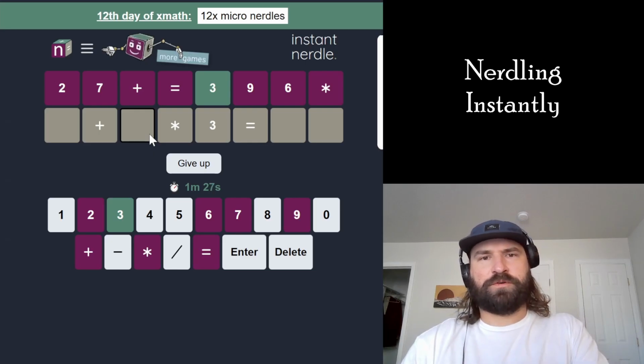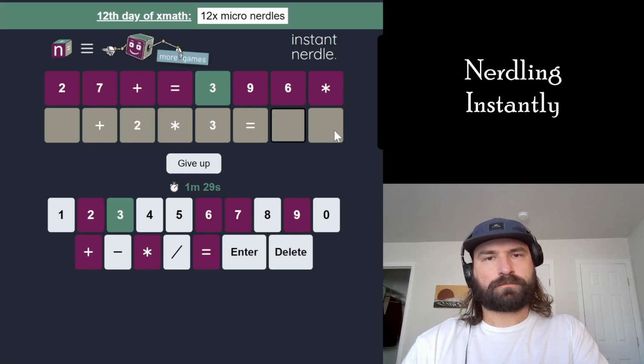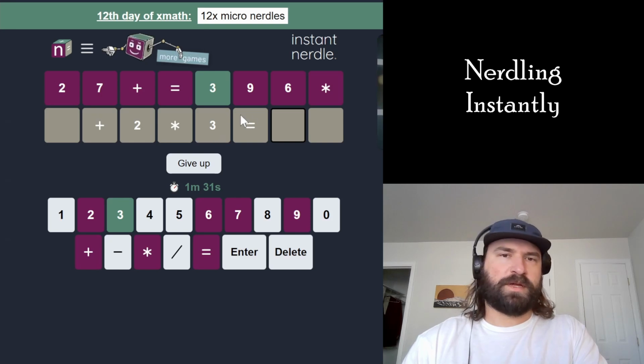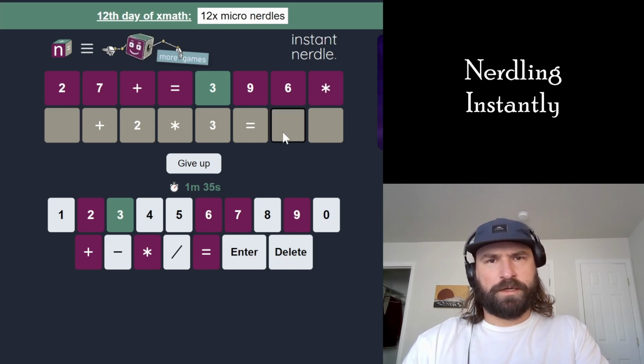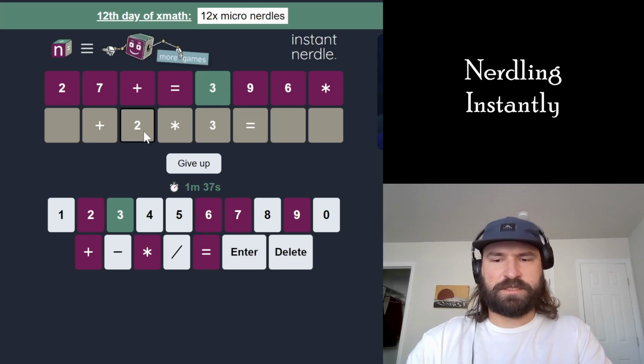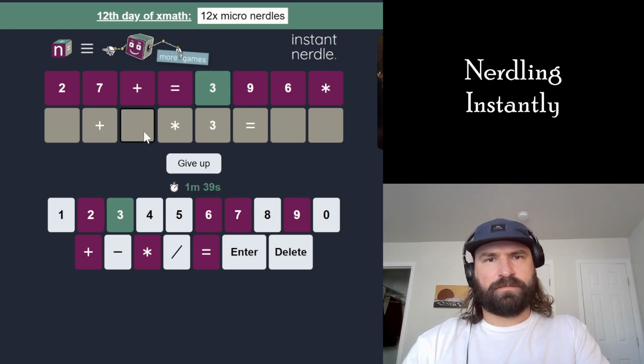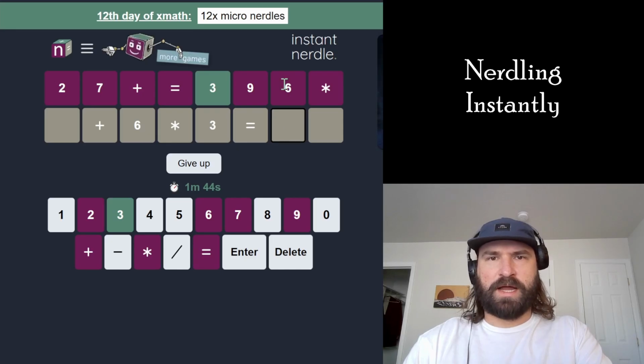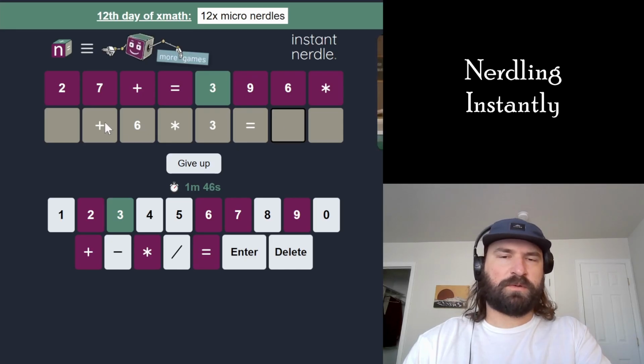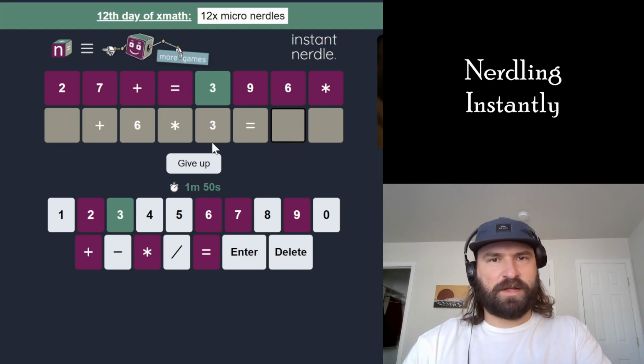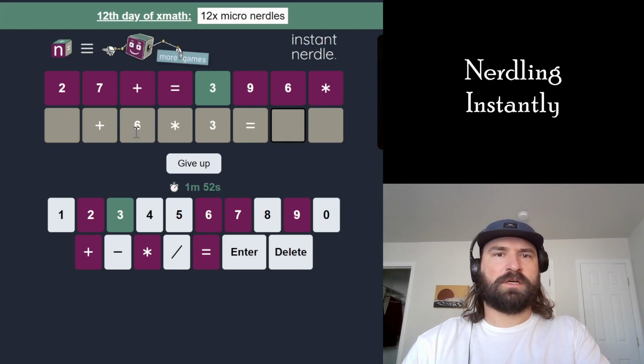We can't put the 2 here because that's going to be too small. Because the biggest we can make this number after adding a number is in the teens, and we don't have a 1. So this can't be in the teens, so this doesn't work. If I put a 6 here, we're in the teens. And we could add 9 to that to get into the 20s. So we have to be at least in the 20s to make any of this work. It doesn't seem like this structure is working, because something times 3 is just too small for the numbers that we have here. So immediately